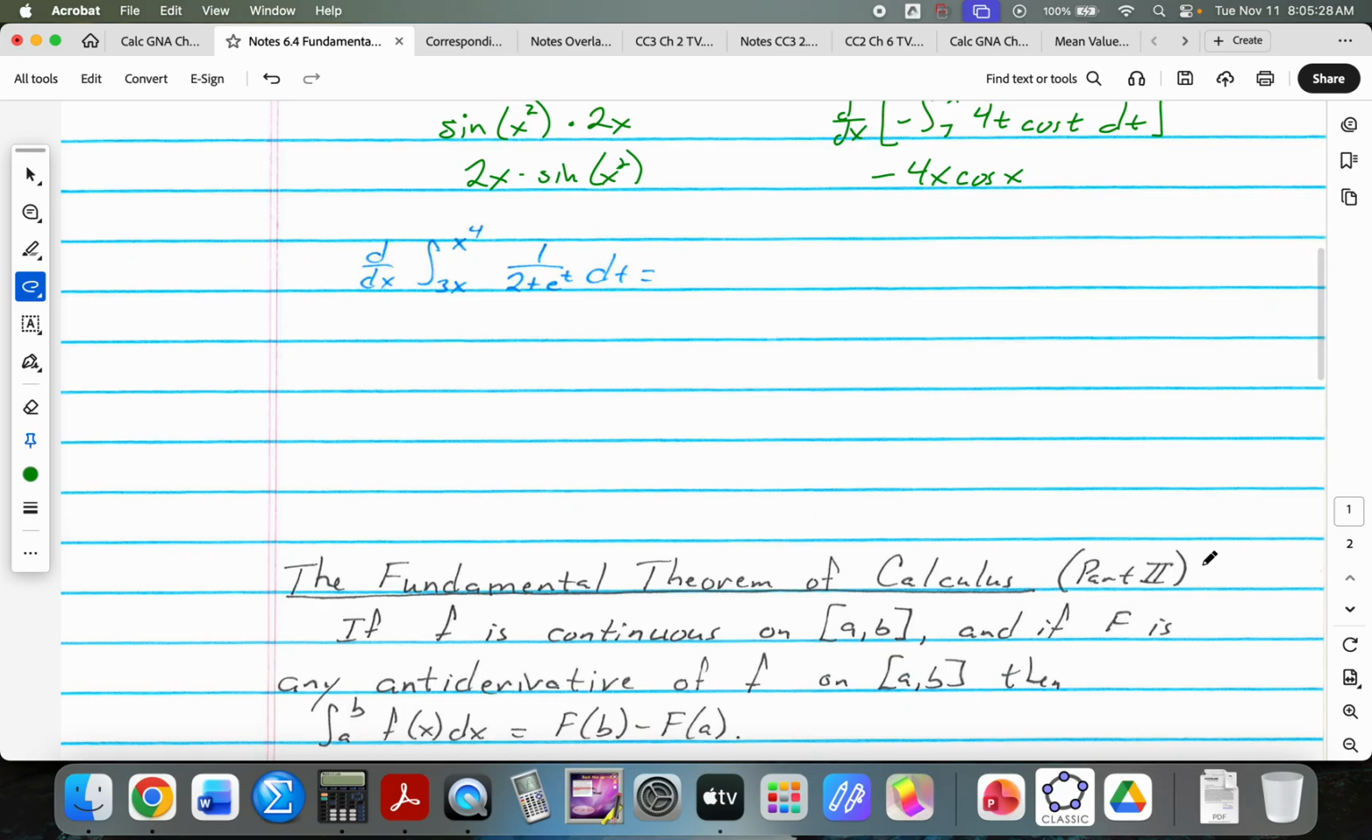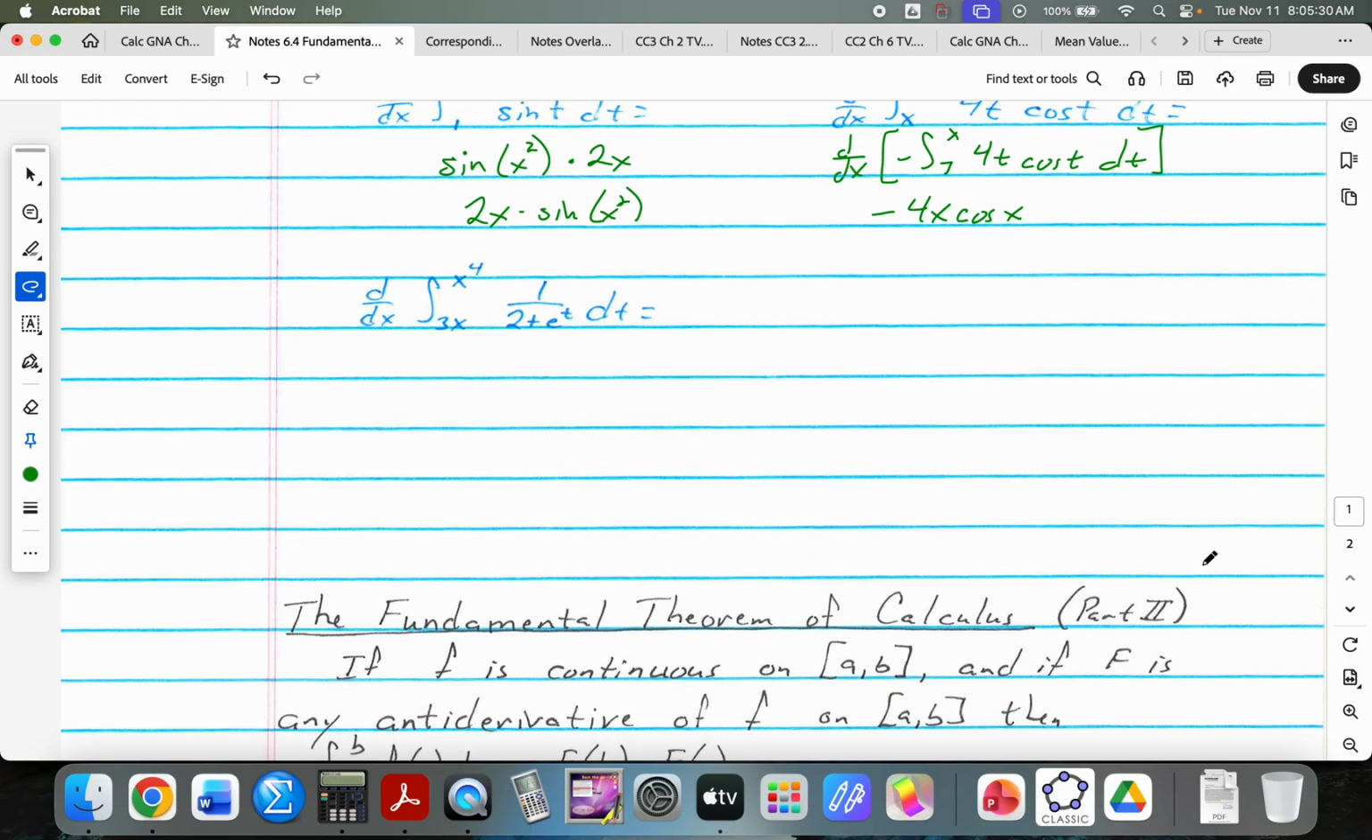And then this last one, I'm going to show you why it works, and then we're going to talk about how to do this a lot faster. Okay? So notice here, both my lower and upper limits of integration are in terms of x, right? You're like, I don't really like that. Okay. So I'm going to rewrite this as the derivative with respect to x